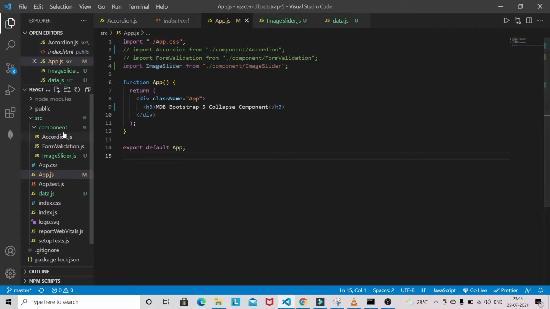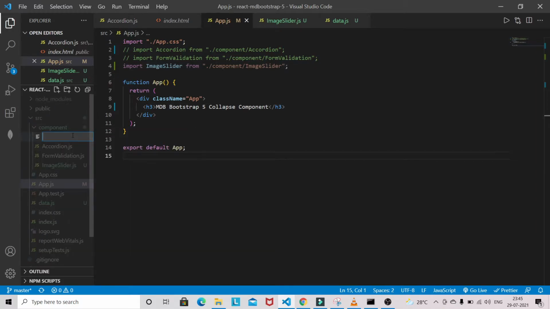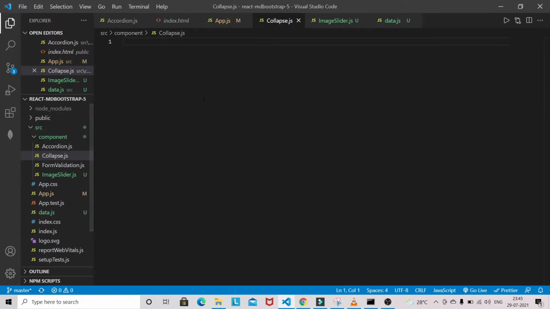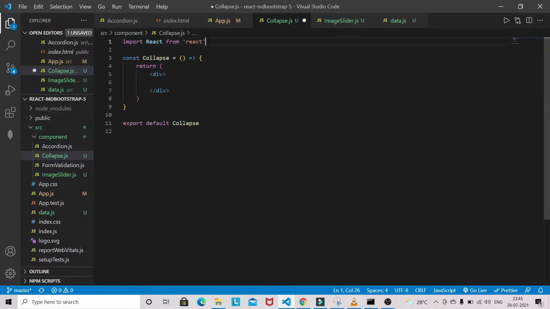Now let's create one more component here. The component will be collapse, because we are working on a collapsible component in this video, so collapse.js, and I'm going to generate a snippet here. From React I need one hook as well, that will be useState.